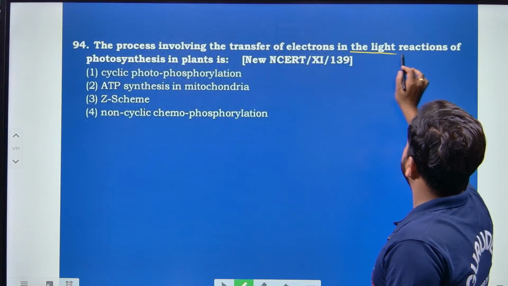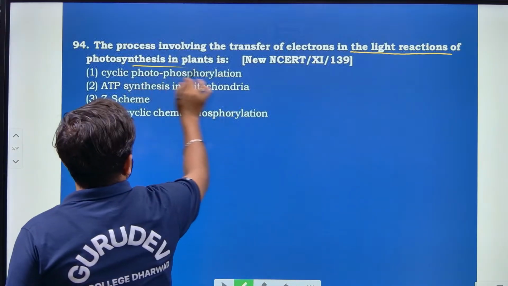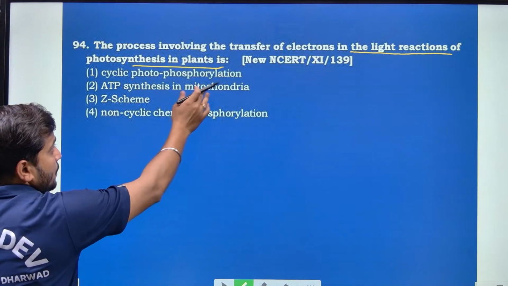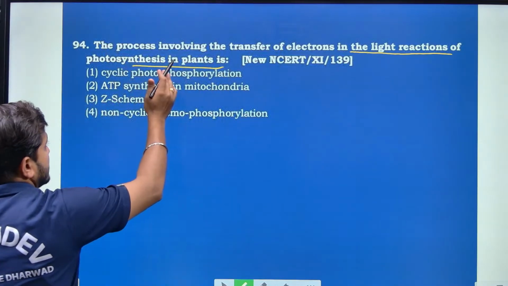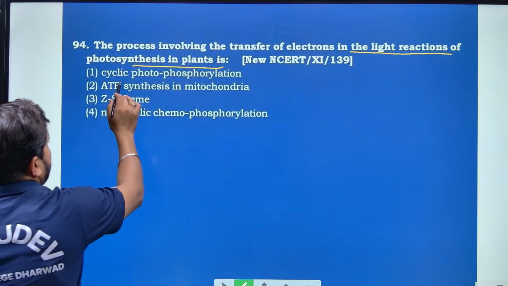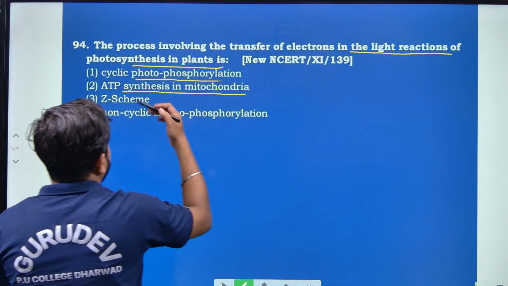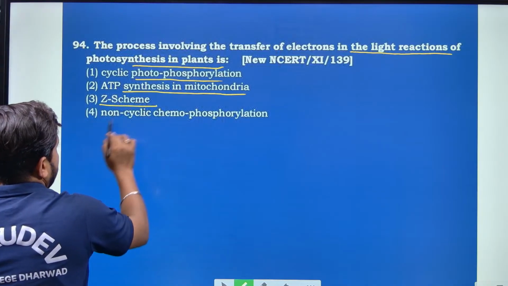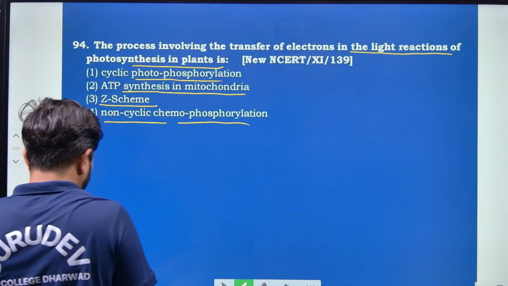Then next question: the process involving the transfer of electrons in the light reaction of photosynthesis in a plant is, right? The options are cyclic photophosphorylation, ATP synthesis in the mitochondria, Z scheme, and non-cyclic chemophosphorylation. So according to that,